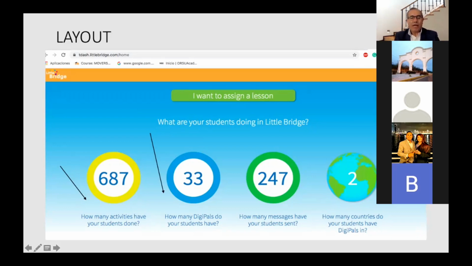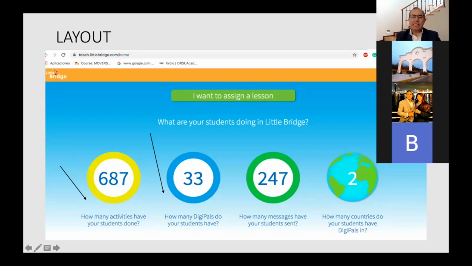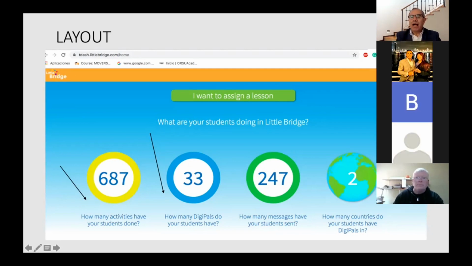So then we have how many digipals your students have. I'm going to introduce a very important part, especially because you are 6th grade teachers. So I'm sure you are going to be using this social network that belongs to this platform that is called Digipal. So there is how many digipals they have and what they can do.